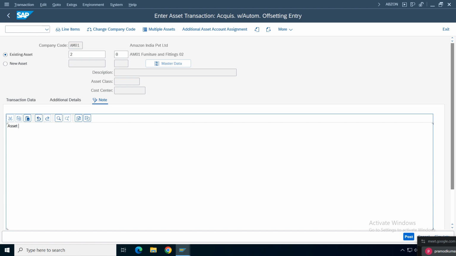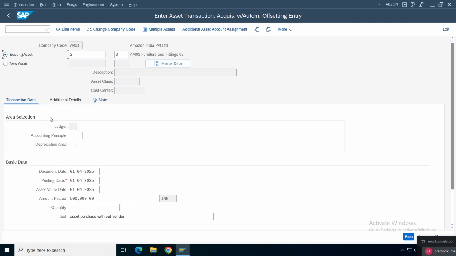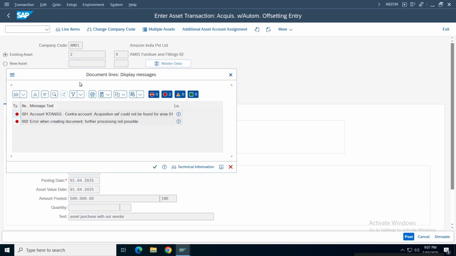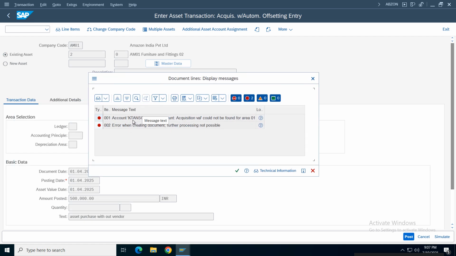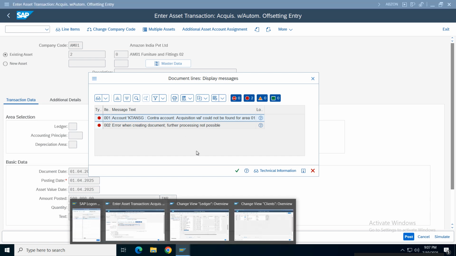So this asset purchase without vendor, that means you are purchasing internally. Okay, so come back here, click on here. We have this option simulate. Click on simulate option. So system is giving some message again. So system is expecting KTANSG contra account acquisition value could not be found for 01. So we need one GL account for KTANSG